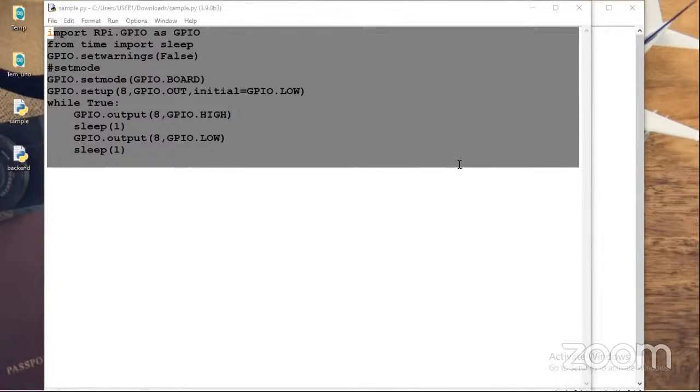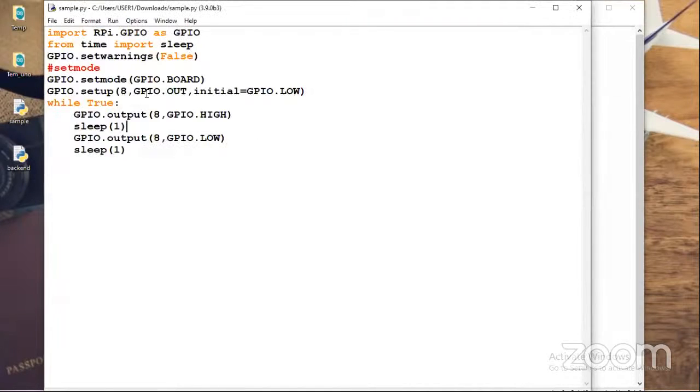See the pin utilization as GPIO, where you are giving 1 here. Actually, I'm not getting your question. Pin utilization: we need to set the pin utilization, because here I give 8 and here I give GPIO out. That's nothing but output